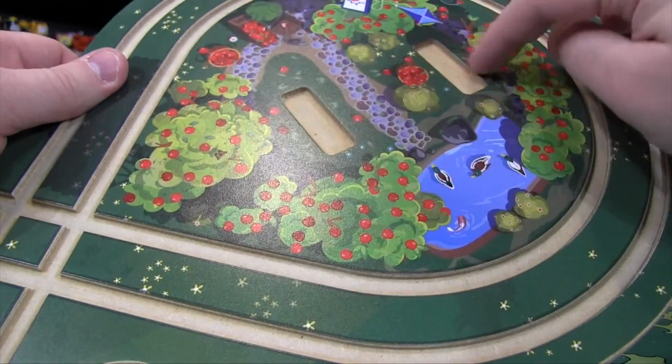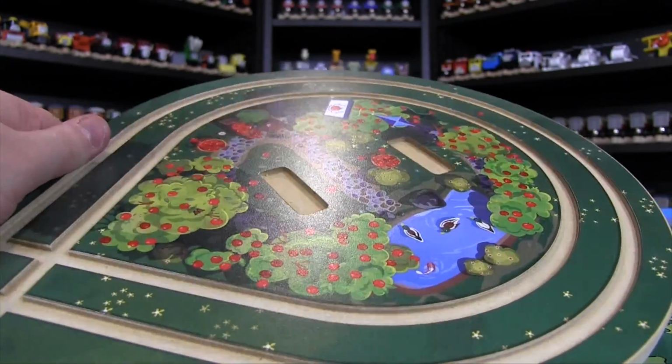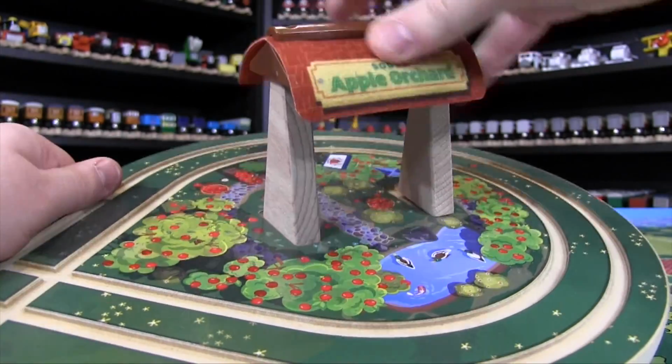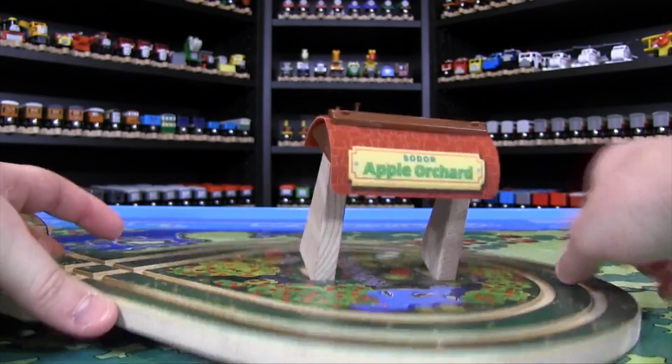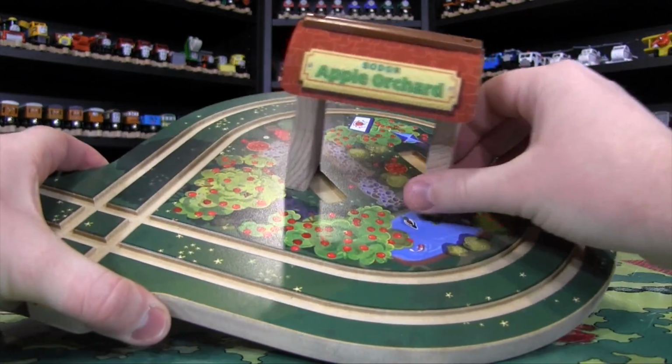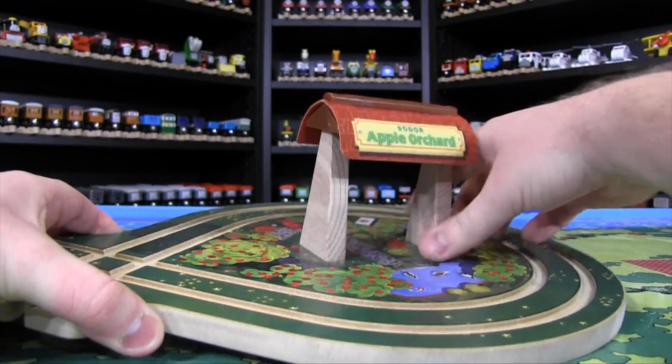So I didn't even really notice these indents here, but I think what you're supposed to do is actually put the little building right there, and it has a little place to live. That makes a lot more sense versus I was expecting it to be kind of a free-floating piece. However,